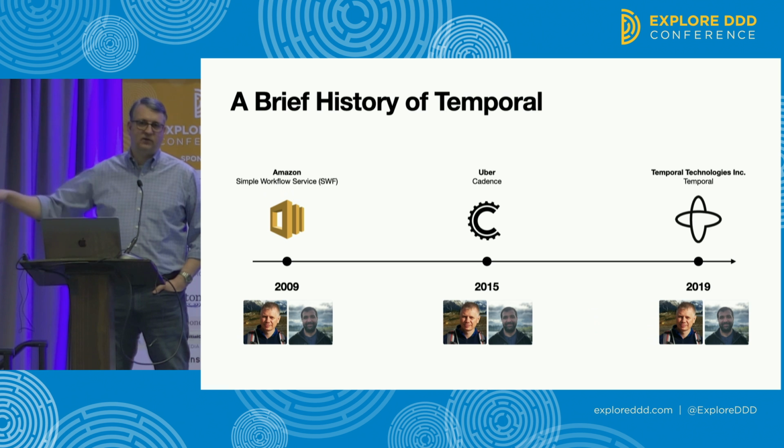So there's already tons of companies running on Temporal, but the concepts that I'm going to show here trace their way back to Cadence and to some work that Samer had done at Microsoft, which ultimately became the Azure Durable Functions, and then Simple Workflow Service going back 15 years. So this is a refinement of concepts that have been around for 15 years and are available in things that you may have used in the past. So you could say this is like a third or fourth generation kind of implementation.